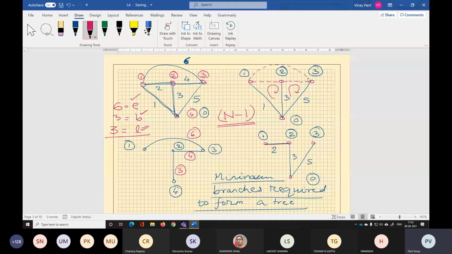Now here we could have defined our path like this, or we could have defined our path in some other way. That we will do later. But the point is, whenever we put a link back into a tree, it will create a closed path. Then we will define our closed paths. We will have some special requirements of a closed path that we will discuss later. But every time you put a link, you create a closed path. You put 2 back. Do you get a closed path? Yes. You put 1 back, you get a closed path. You put 5 back, you get a closed path. So every link will create a closed path. Let's stop at this point only.